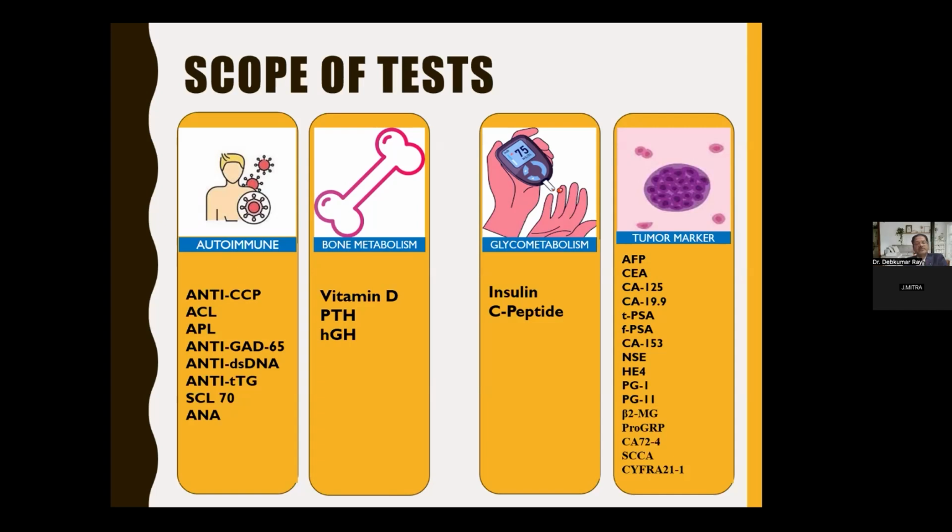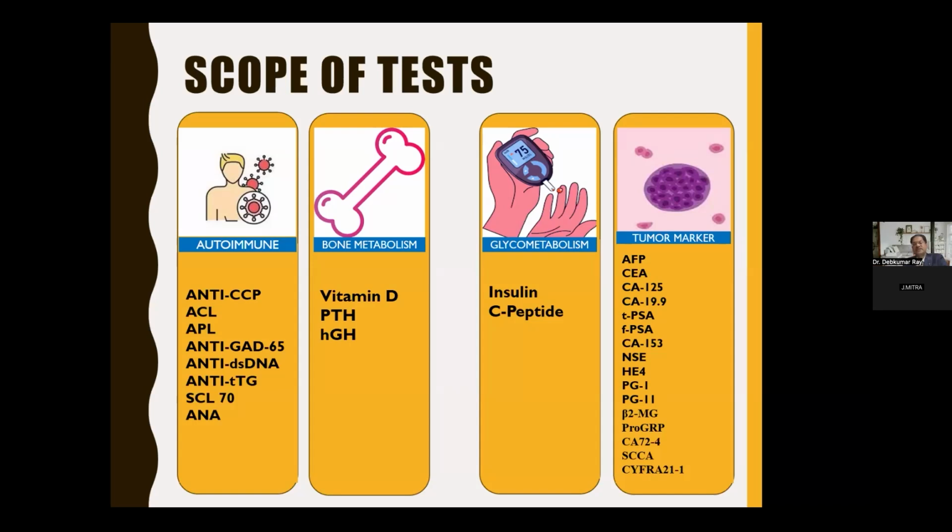And all these are part of the autoimmune disease profile, or considered as autoimmune disease markers, biomarkers for autoimmune diseases. Now, next one is the bone markers, which are associated with bone metabolism or calcification of bones, like vitamin D and parathyroid hormone, as well as GH or growth hormone. Now, glycometabolism, which is related to diabetes, insulin we can measure, as well as C-peptide we can measure by using this technique. And the last one is the tumor marker, which has a wide variety: alpha fetoprotein,